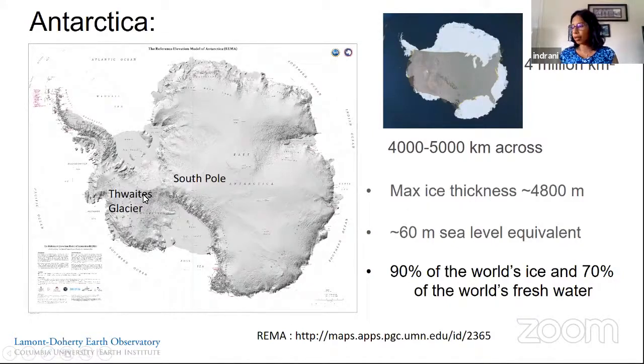So for this talk, if you have registered for the Lamont and you got the Lamont activity, the package, we asked you to, we had included the Thwaites Glacier papercraft with it. And I hope that many of you would have gotten it and would have designed your own Thwaites Glacier, but if not, I'll just show my version of it and we can talk about it.